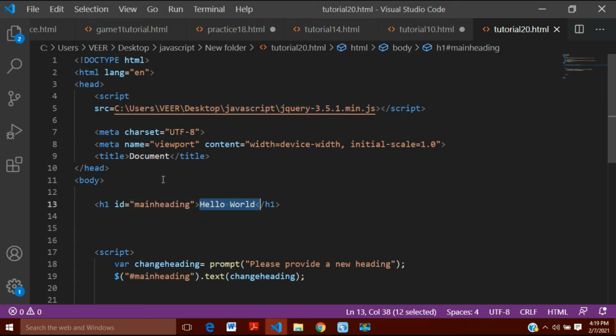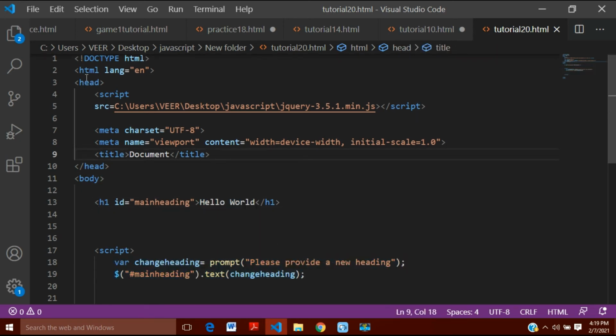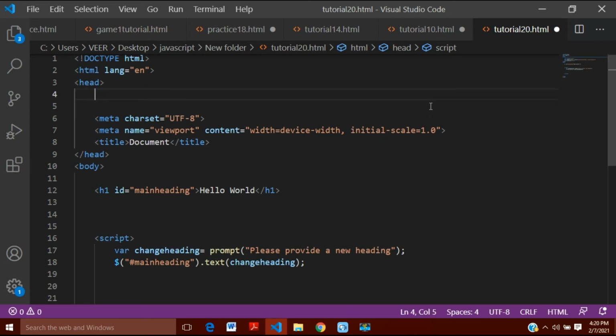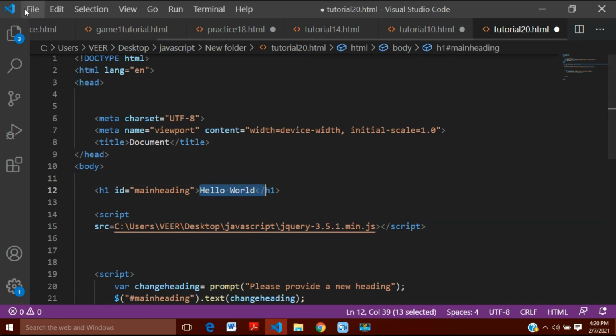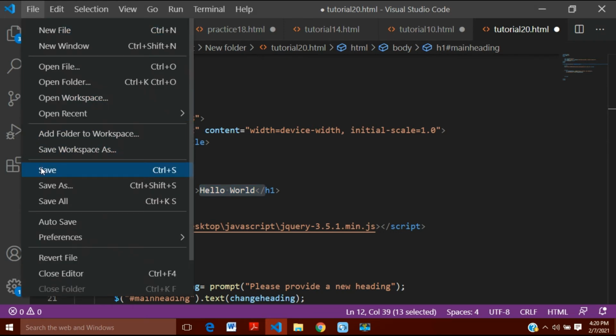So if I also want this hello world to be visible first of all and after it gets loaded, in that case what I should do is I will have to cut it from here and I will insert it after this. So now it will not be preloaded, it will be loaded after this hello world is written on the web page. So now after this I will again save it, and after saving, now if I will